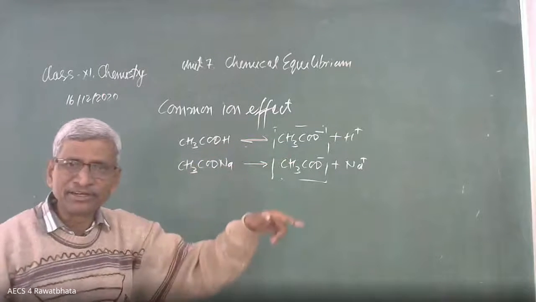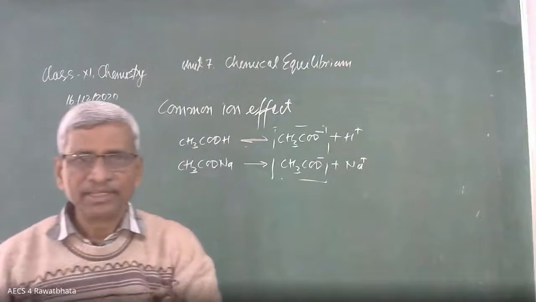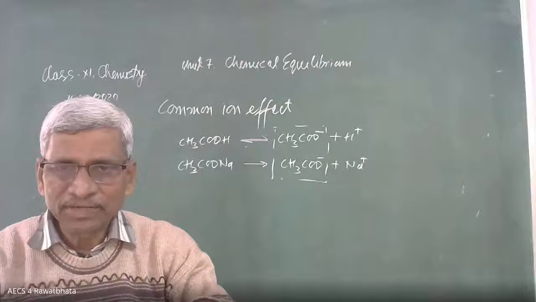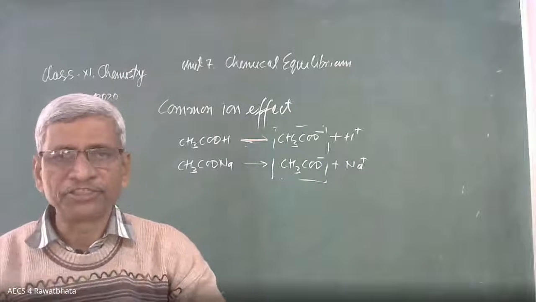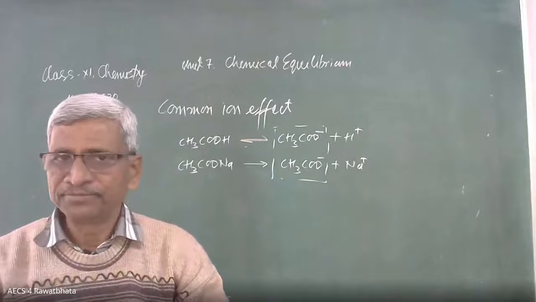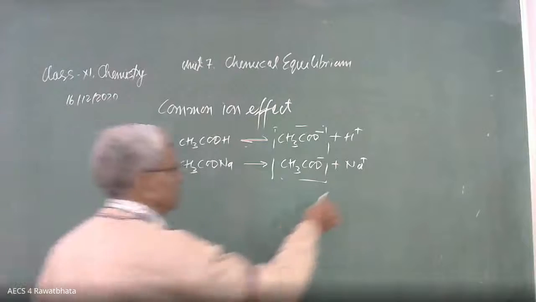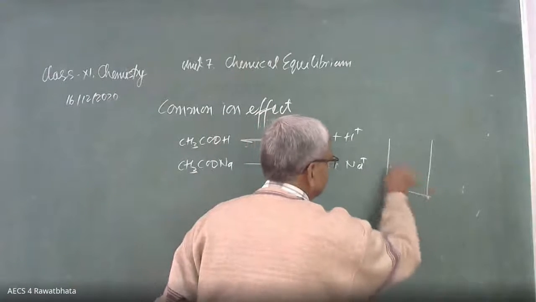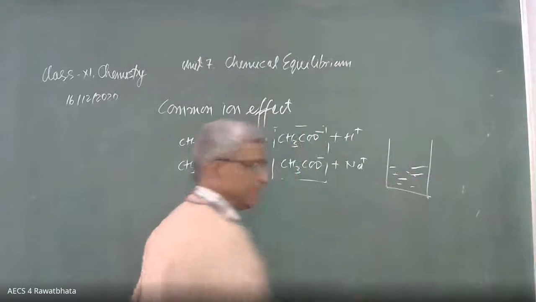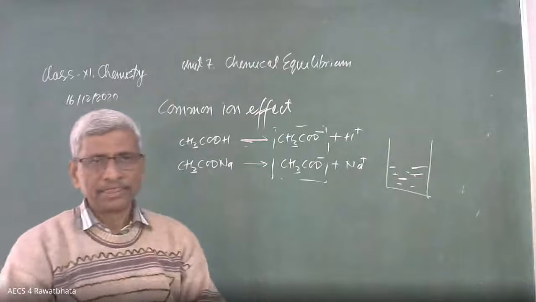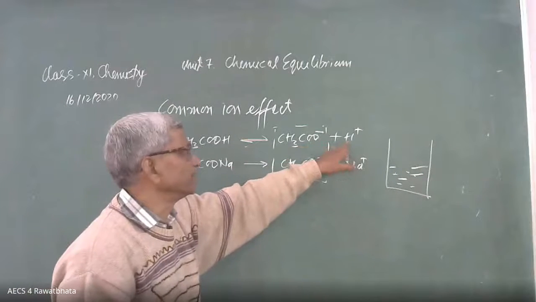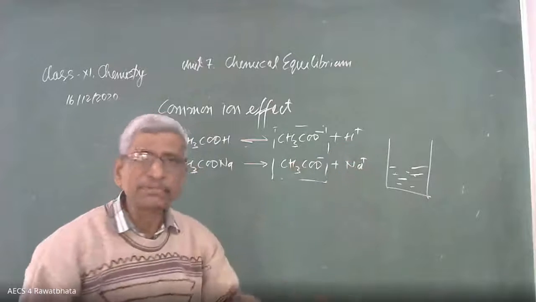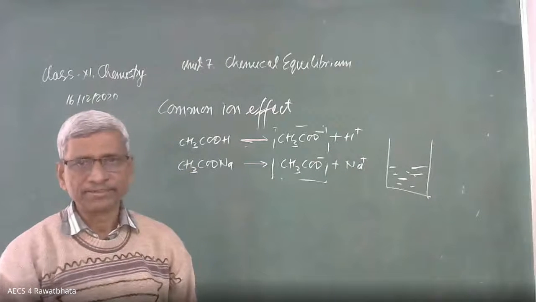Yes, beta, anyone? Are you following the point? Product to reactant. Yes, beta, it will shift towards reactant. Reactant, forward direction. Why? क्यों ऐसा? Let me draw the diagram. Here is the solution. Acetic acid solution we have taken. It has a certain concentration of CH3COO minus. It has a certain concentration of H positive. It has a certain pH also. We can also say like that.